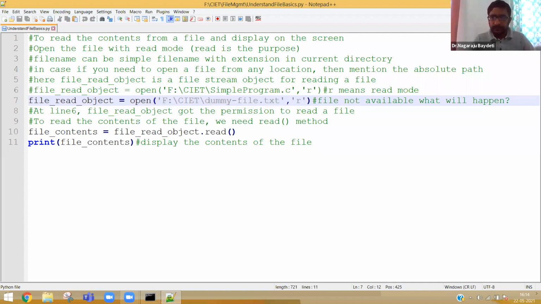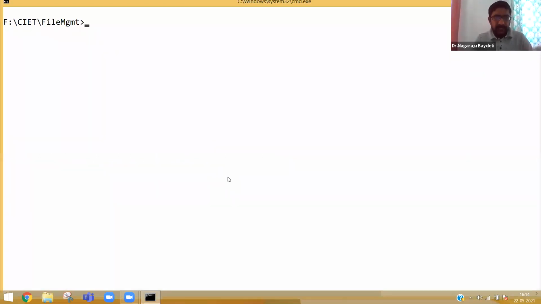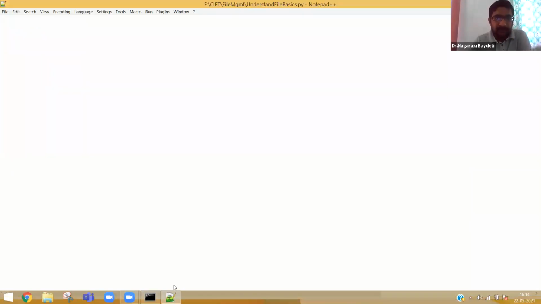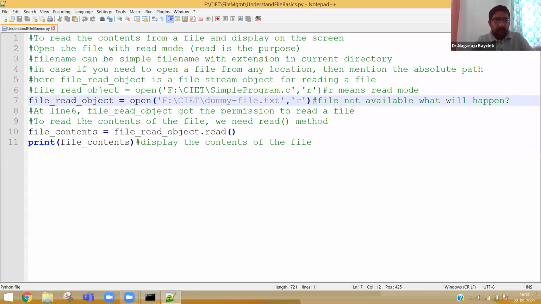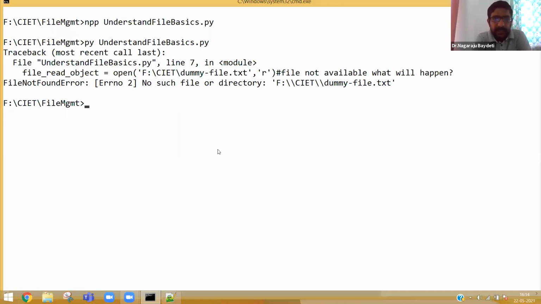Now, yesterday we got stuck at a place where the file is not available. For example, we are trying to execute this program with a file name which is not available. Then what will happen? Immediately it has given a file not found error.